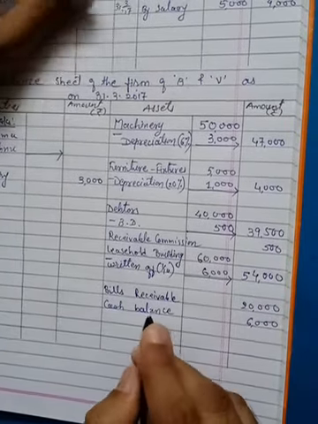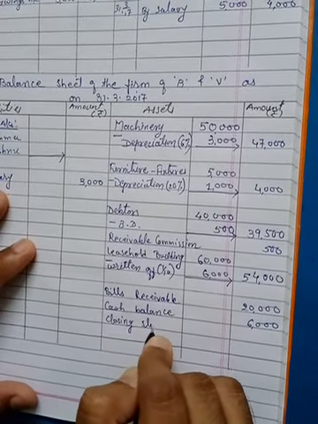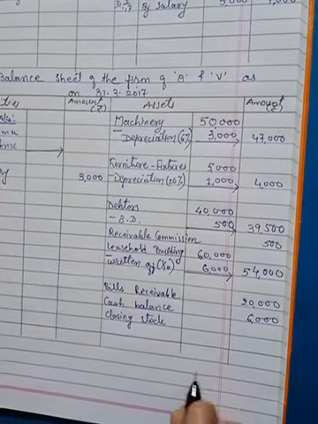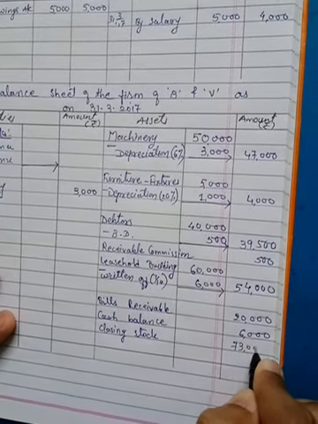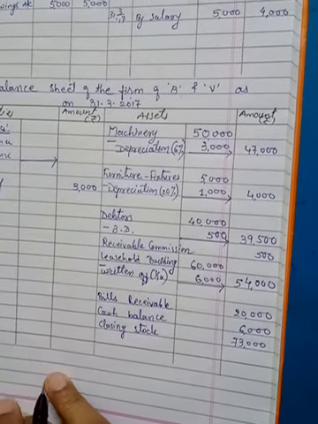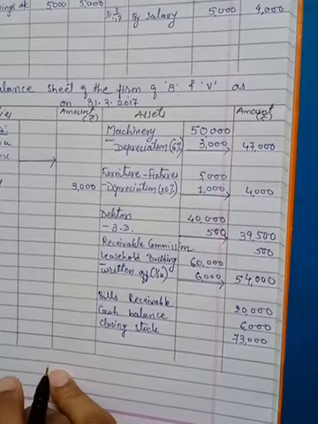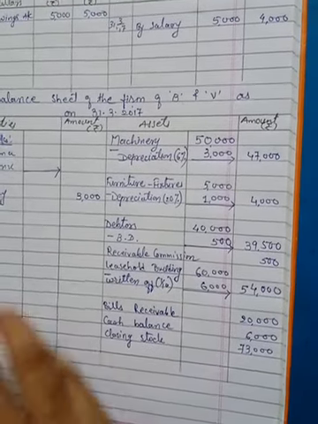Also stock on 31/3/17, that is called closing stock, is also an asset, and it is recorded only on the asset side of the balance sheet because it is available in our trial balance directly and there is no trading account we are preparing. Okay, so closing stock on the asset side 73,000. So debit balances are over. Now we'll move on to the credit balances side.